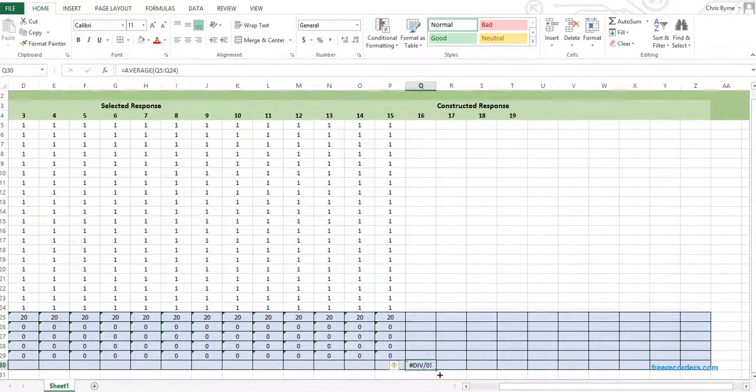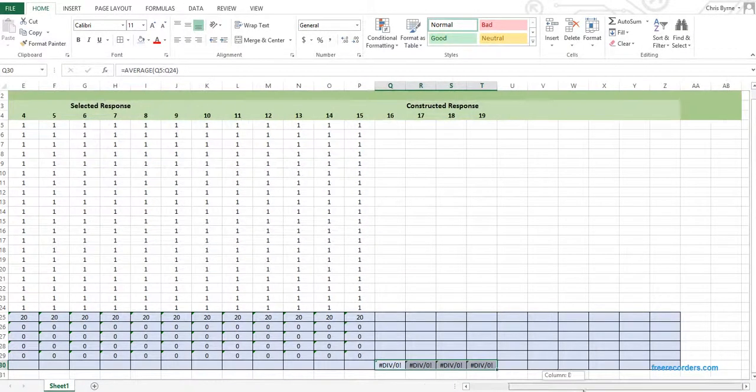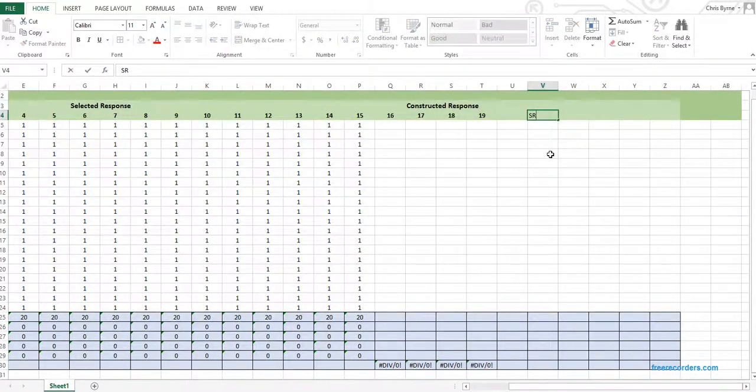And I want that average calculated, once again, for all 4 constructed response items, so I drag that calculation across. So now we've got enough done that we can analyze our selected response and our constructed response, but what we'd like to do now is determine how many selected responses each student got right, what value they achieved out of 15 on the constructed response, and also what their percentage score, or mark as we'd like to call it, was on their exam